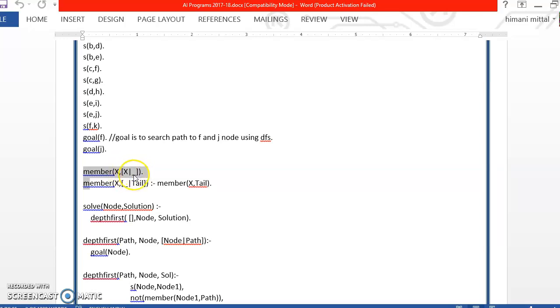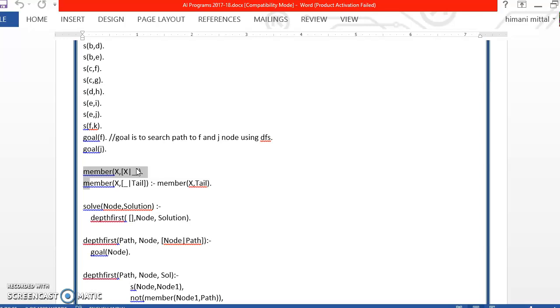A list is a collection of values or atoms which are separated by space or commas, and X here happens to be the first item in the list. This pipe means that we are trying to segregate the list into two parts. The first item separate and the remaining items go in the underscore part.